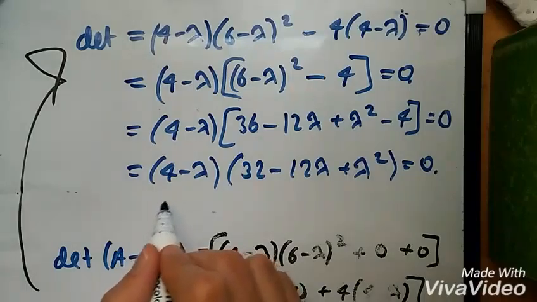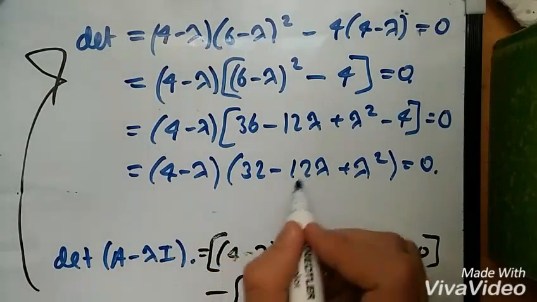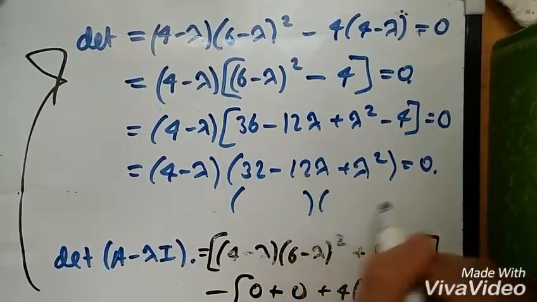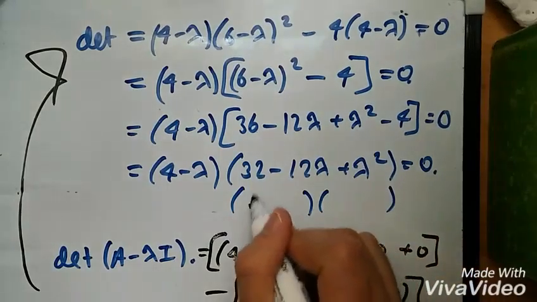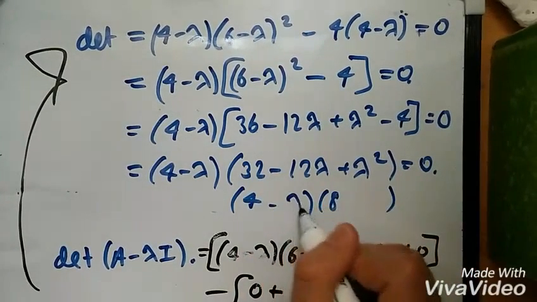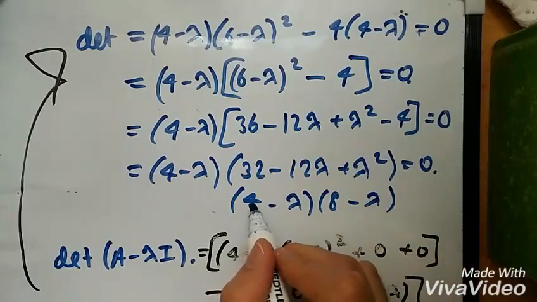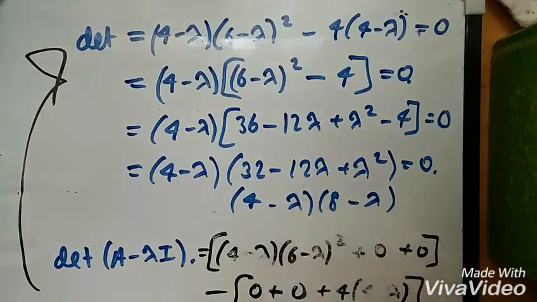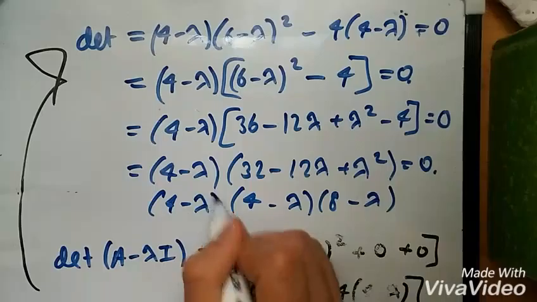So first, we know the solution here is 4. Now, two numbers that multiply to get 32: 4 and 8, and then minus lambda here, since we know 4 plus 8 is 12. And there we have it. So we have our